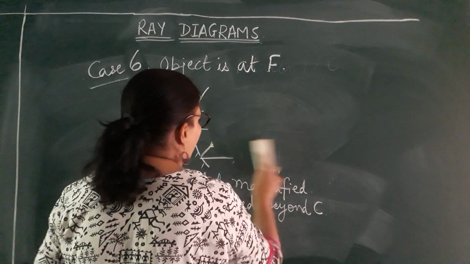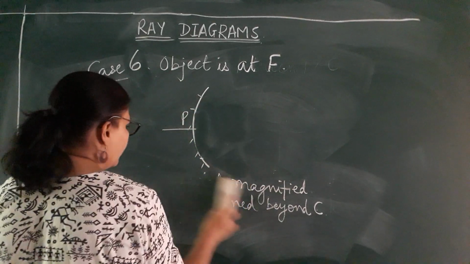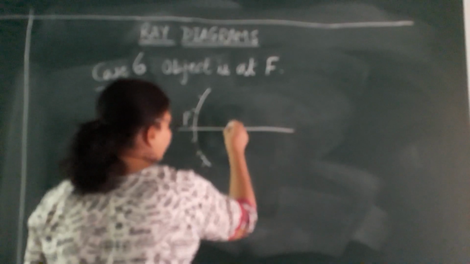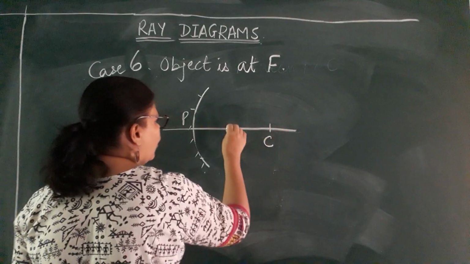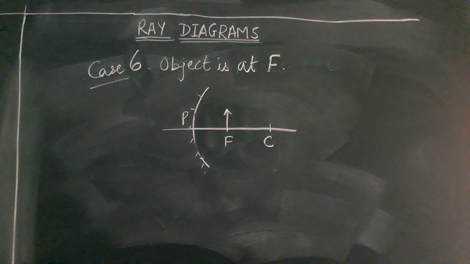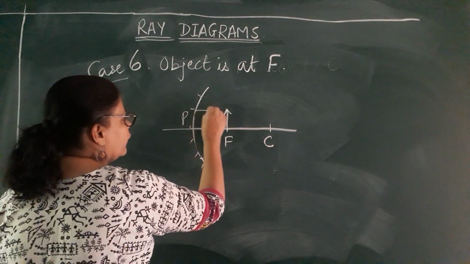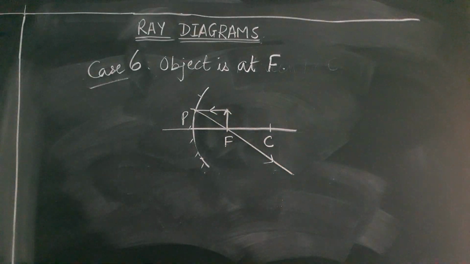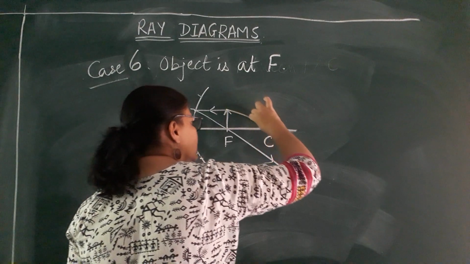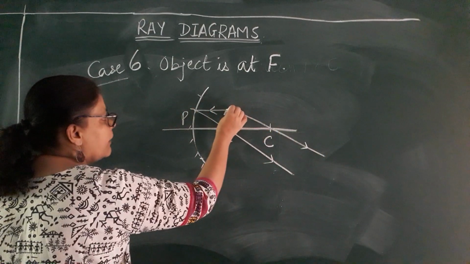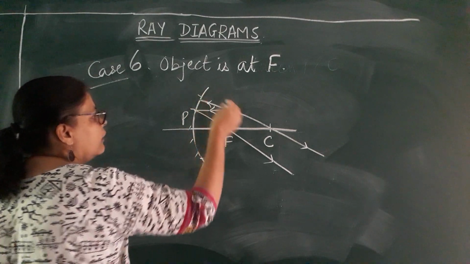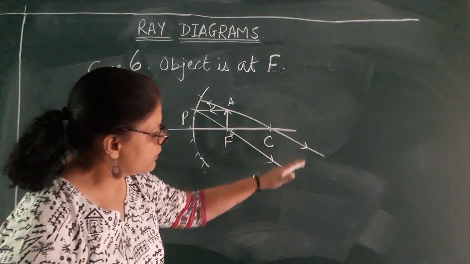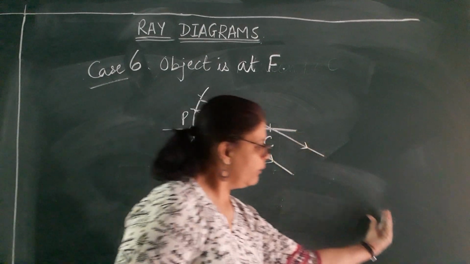Again, what am I going to do, children? I am going to keep the mirror, I am going to polish it from outside, center point, straight line, 2 points F and C, object at F. Now you know, children, ray of light moving parallel passes through F. This is rule 1. And the next one is ray of light passing through C. Move ahead. Strike the mirror. Retraces its path. You can see the rays are almost parallel, but they do meet very far away.